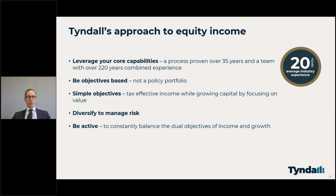So before we get into some examples, I think it's worth pointing out what principles we abide by in approaching equity income. It's an asset class or a space that can be a little bit confusing. There's lots of different types of funds. And it's important to know that